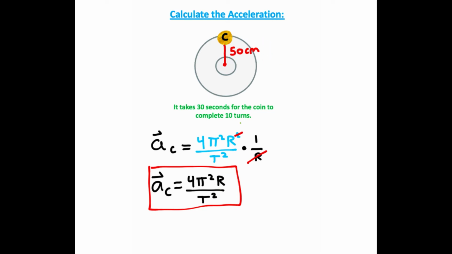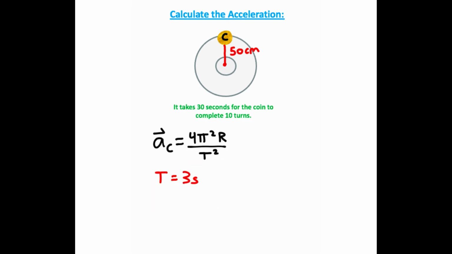And we also have our period calculated from the last problem. Our period was 3 seconds. So in this case, we can plug everything into here. But one thing we'll want to do real quick is convert the centimeters to meters, because we want our units to be in meters. There's 1 meter per 100 centimeters. So if I cancel these centimeters right here, I'm going to get 50 divided by 100 is equal to 0.5